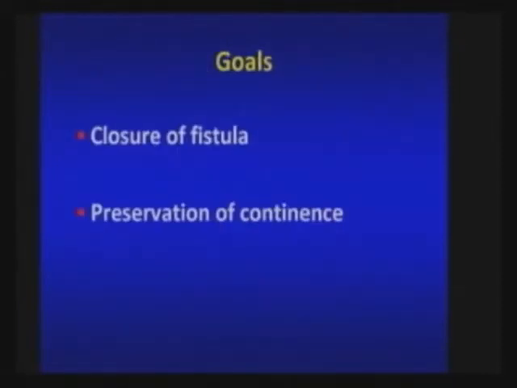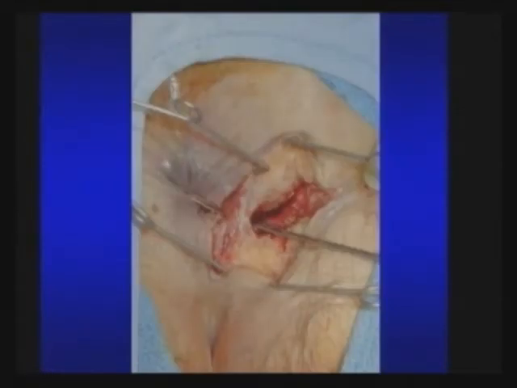Our goal in taking care of these patients, in an ideal world, is closure of the fistula. It certainly is to control sepsis and symptoms and to preserve continence. So for low fistulas or simple ones in which there's very little muscle involved, we can do a simple fistulotomy. So this would have been the external opening. Here's the anus, and there's just a small band of muscle,